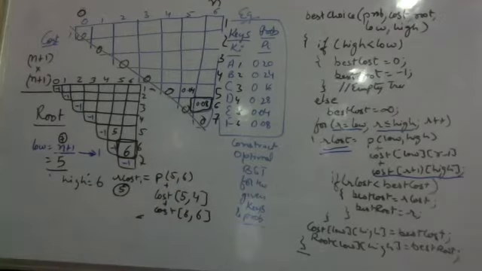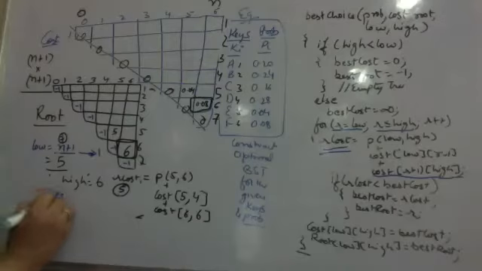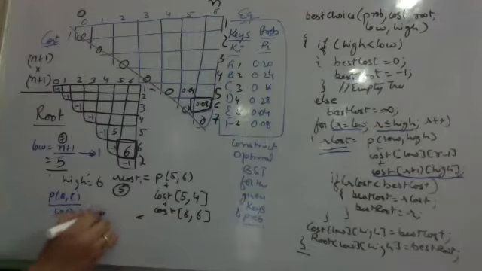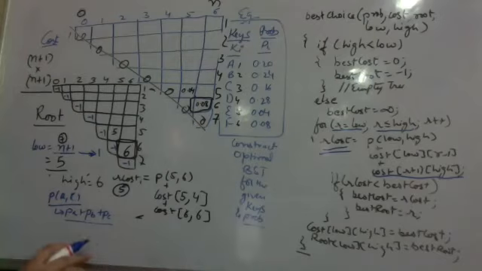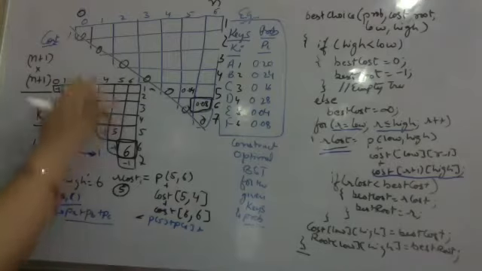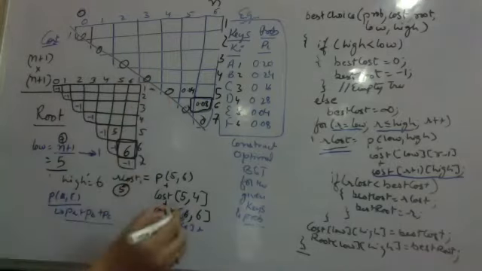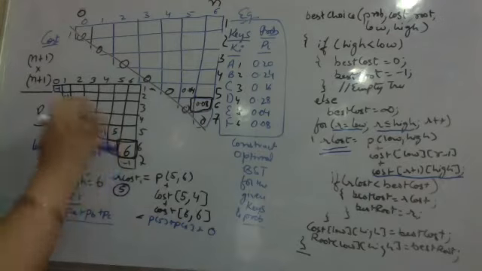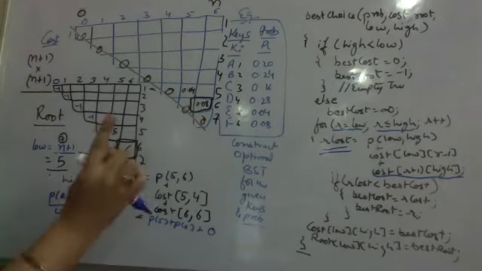This one thing maybe I have not told earlier, so let me tell you. Probability of a comma b, या a comma c, उसके बीच में जितने भी आए उन सबकी probabilities को add करना चाहिए. It is probability of a plus probability of b plus probability of c and so on. Understanding? So when I am talking of probability of 5,6, it is equal to probability of 5 plus probability of 6, plus cost of 5,4 and cost of 6,6. So cost here of 5,4 is 0. Cost of 6,6 is 0.08, the tree with only element 6.